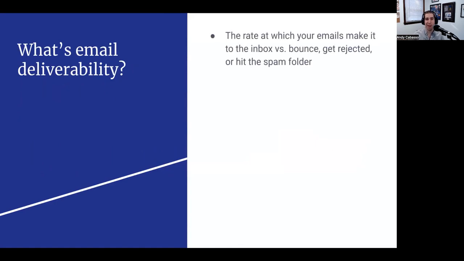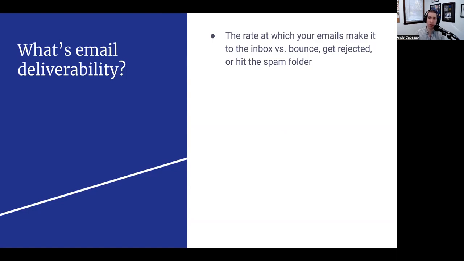Basically, email deliverability is the rate at which your emails make it to your recipient's inbox versus them bouncing or getting rejected or hitting spam folders.